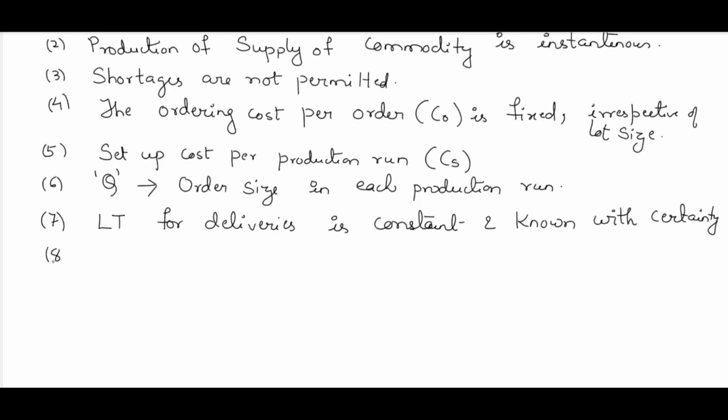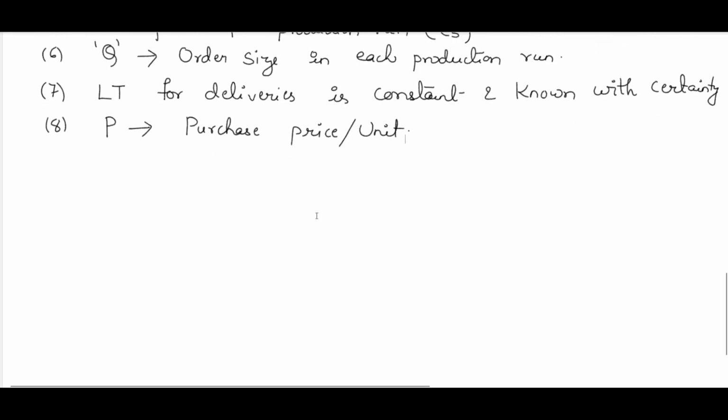Capital P is the purchase price per unit. Purchase price of subparts. Purchase price per unit. Okay. So for that, suppose we draw